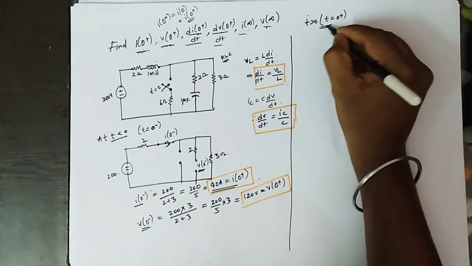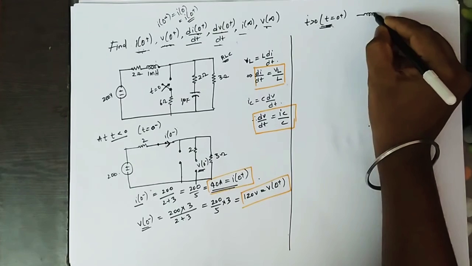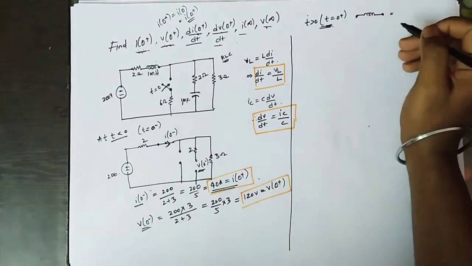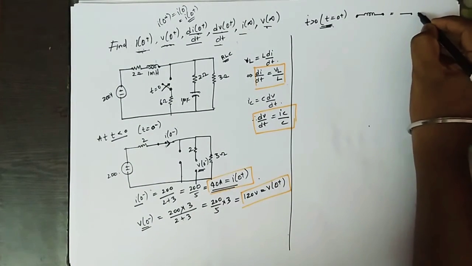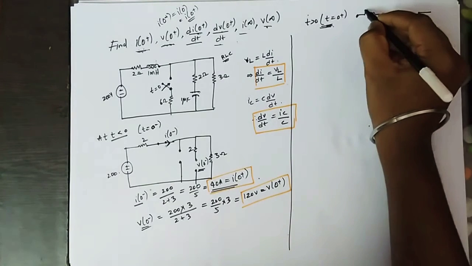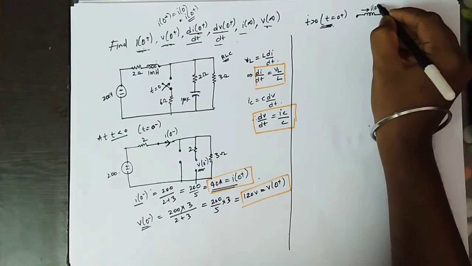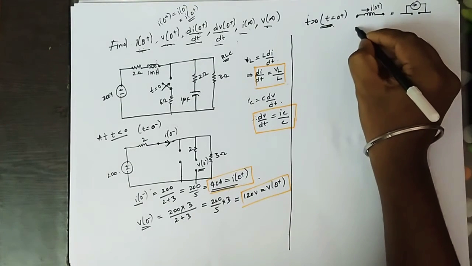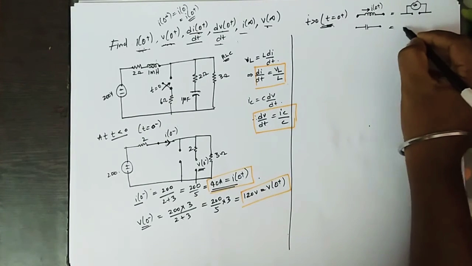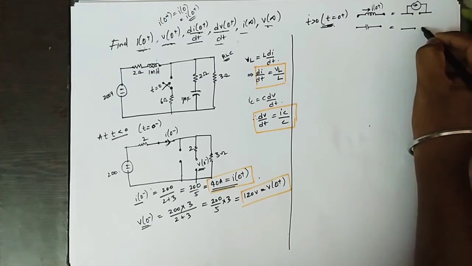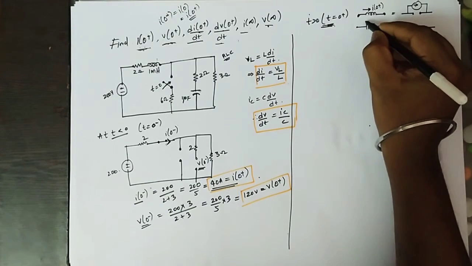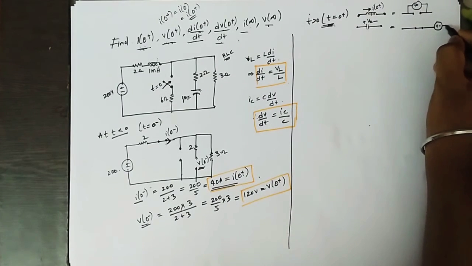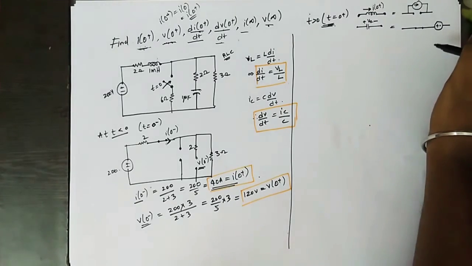So at t equal to 0 plus, you have the equivalent circuit. For the inductor, immediately when the switch is on, the inductor will be open circuited. If this inductor has initial current I of 0 plus, it will be drawn in the circuit. Similarly, the capacitor acts as a short circuit, and if we have initial voltage V of 0, we keep it in series. Okay, we know that already.